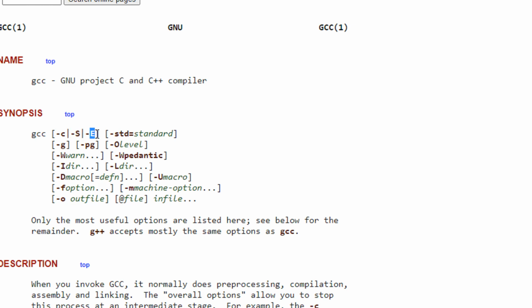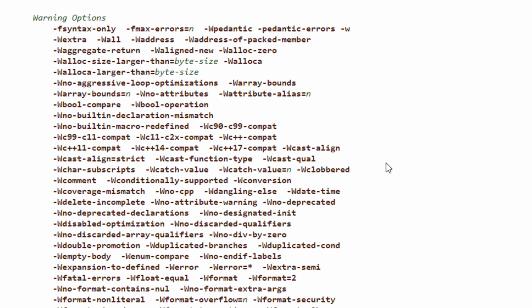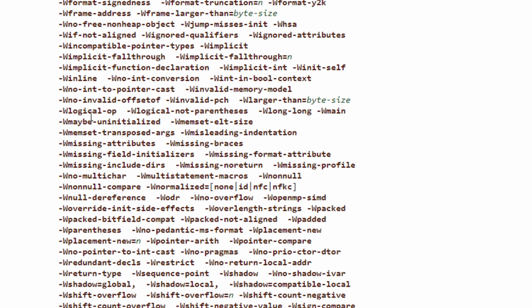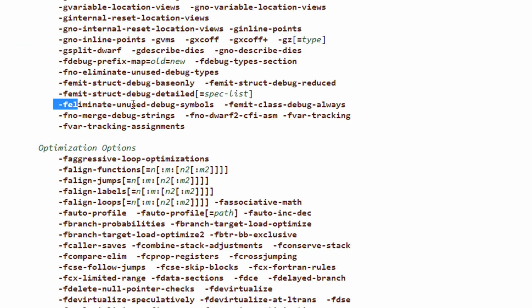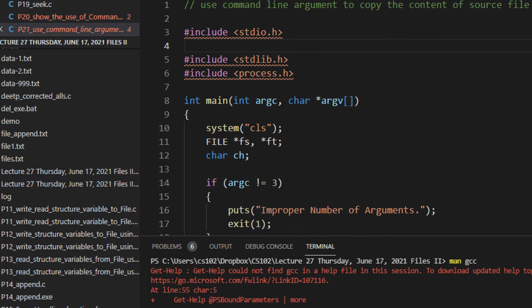These are all command line arguments that we can actually pass to the program, right? So this makes the program very powerful to use. You can see there are so many options for warnings also. These are all command line options. Just imagine the number of command line options they have created.